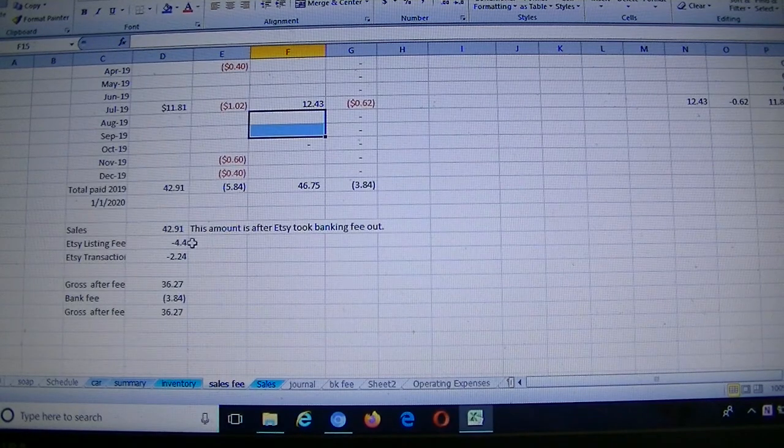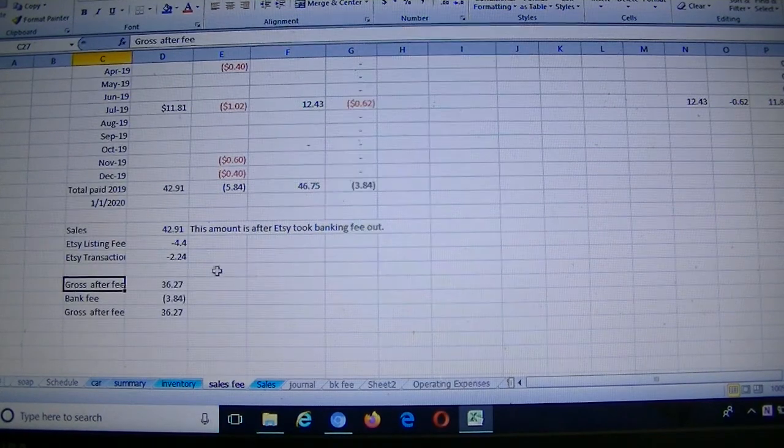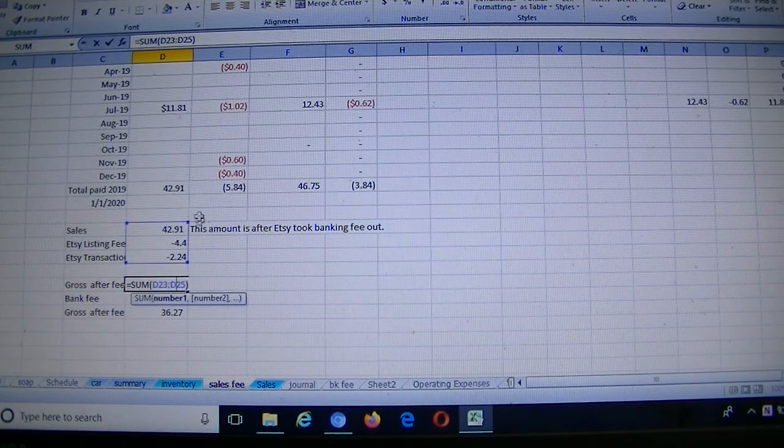In this section here, I record what Etsy said they charge me, and I have my gross after the fee, which is, let's check the sales here. The sales is just this amount. That's this amount after Etsy took the bank fee out. That's what went to my bank account. So I know that I have that amount, and that's the fee Etsy said they charge me. And the gross after fees, let me see, gross after fee is just that amount that was deposited in my bank account minus all the